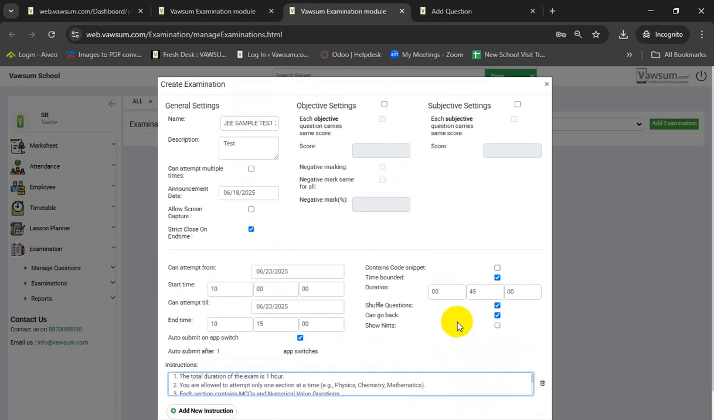So broadly, if we have to summarize this create examination panel, we have three broad categories: general settings, objective settings and subjective settings. If we wish to set equal scoring for all questions, we can do that from here. If we wish to handle it from the Excel, we can do that as well. And we have other options and other controls,